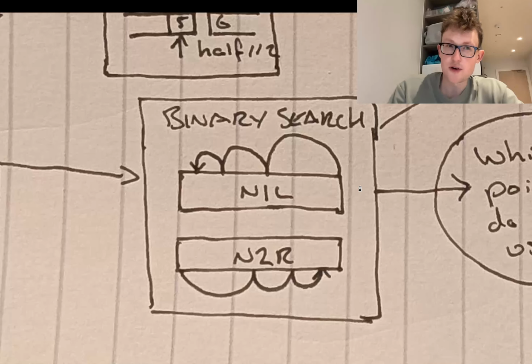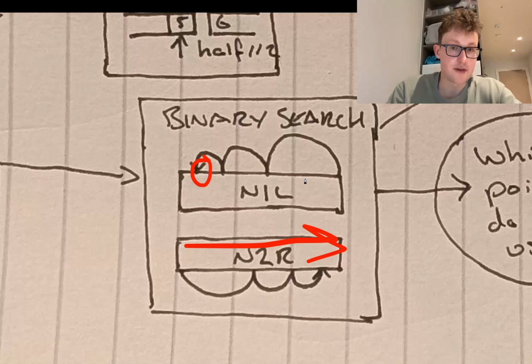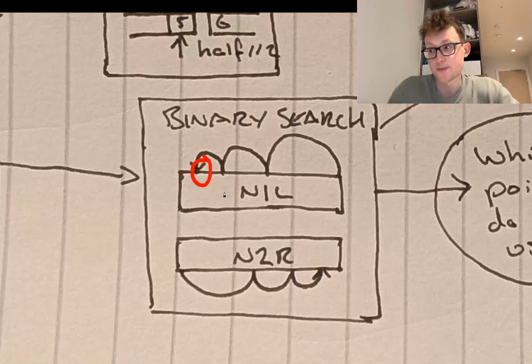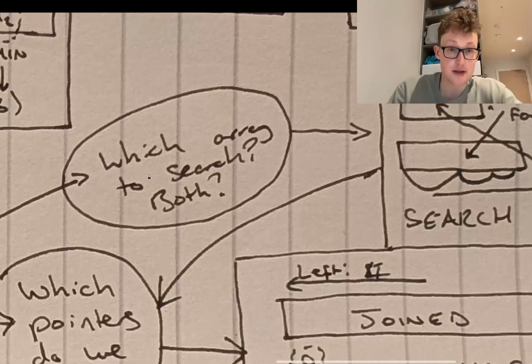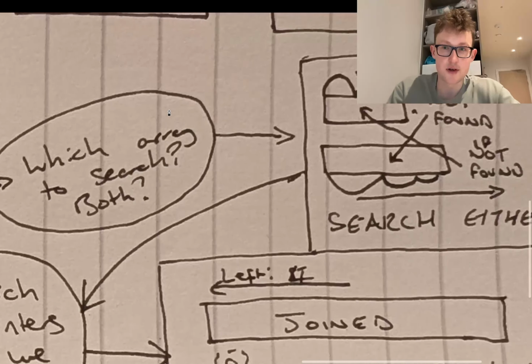Which array do you search? I suppose even if you just use indexes for one and you jump from point to point, you are kind of searching both, because you would automatically be adjusting the size of the other one based off the size of this one, because the left needs to always add up to some value. And ultimately, it doesn't really matter which side you pick to search, and I've put that as a problem here: which do we search?